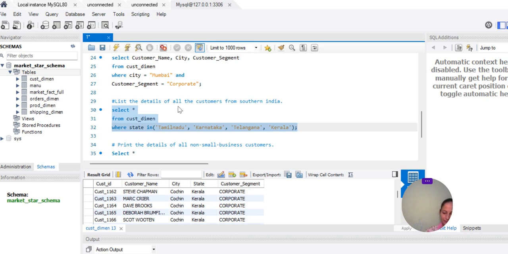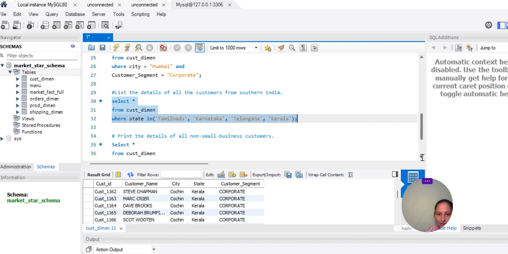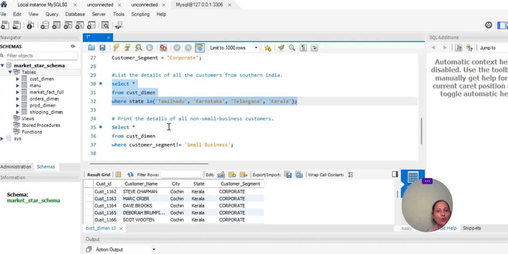There is also a negation operator, which means not equal to. That is known as the negation operator. So in our next query, if I want to display the details of all customers who don't have the small business segment, what you should write is: select star from table name where customer segment is not equal to small business.